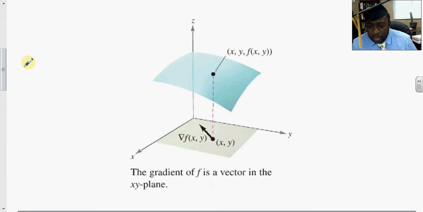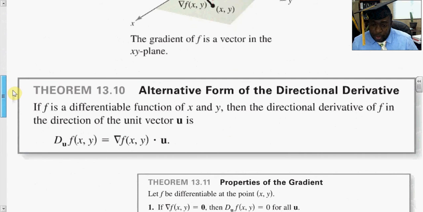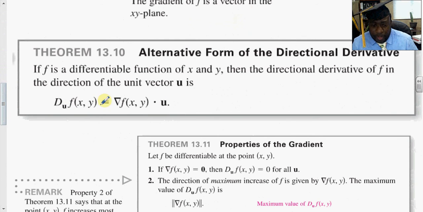The gradient is said to be tangent to the curve at the point that you examine, and so this is one very neat and quick way to examine the tangent vector. Back in chapter 12, we spent a lot of algebraic manipulation trying to calculate the unit principal tangent. But here's a very quick and neat way of getting to that idea. With the gradient, you can find the directional derivative as being the dot product of the gradient with the unit